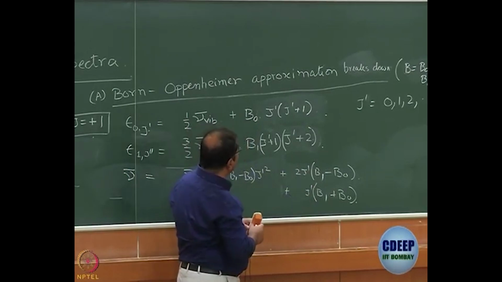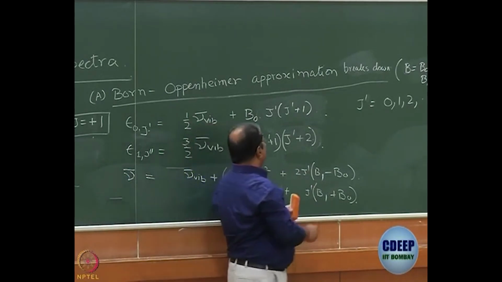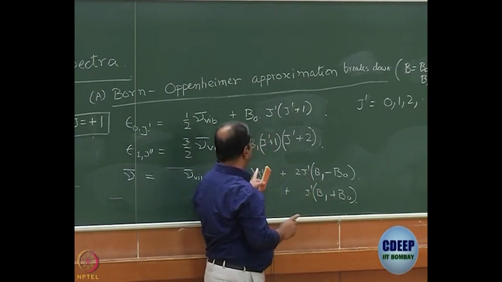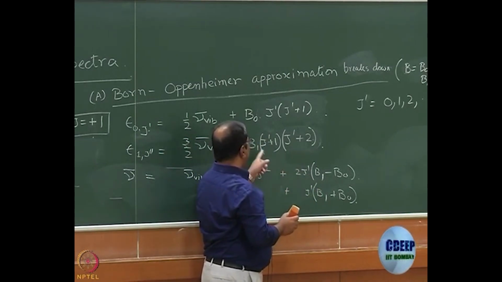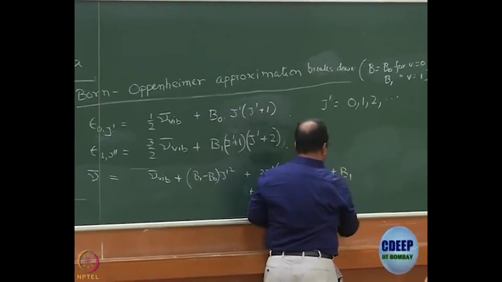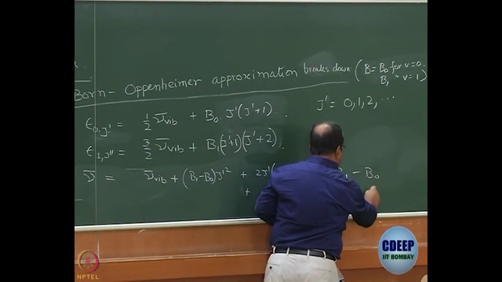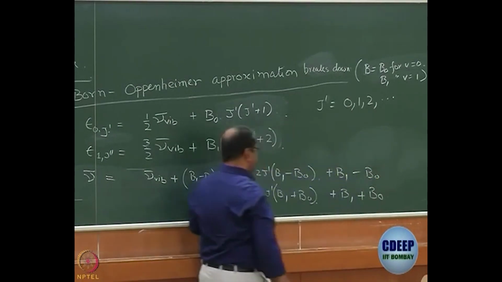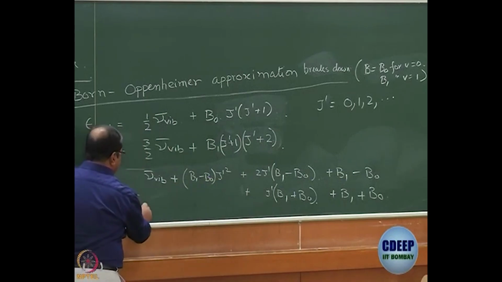Am I making a mistake somewhere? Yeah, it is okay, right? Okay. Then what am I left with now? What is it that I have not written? 2B1, right? I will write it like this, plus B1 plus B1. Here I will write minus B0, here I will write plus B0. Done? What do I get then? I get nu bar Vib